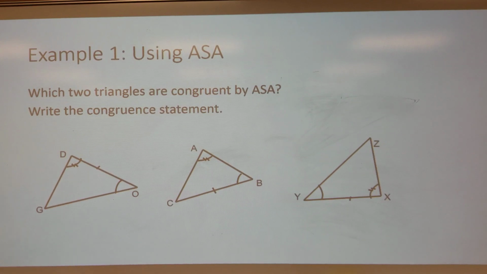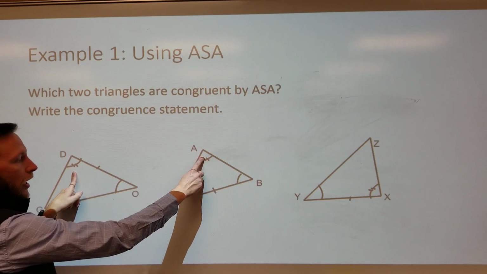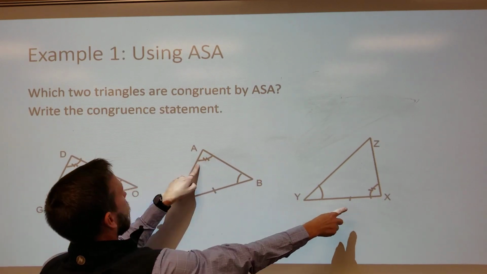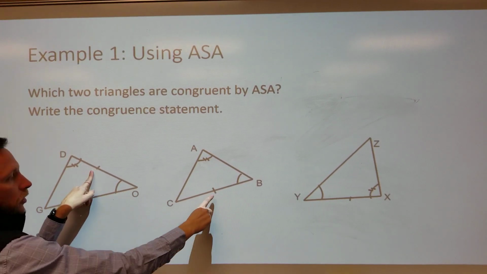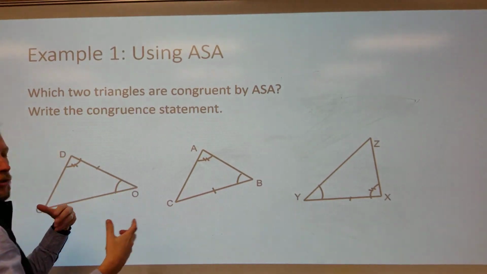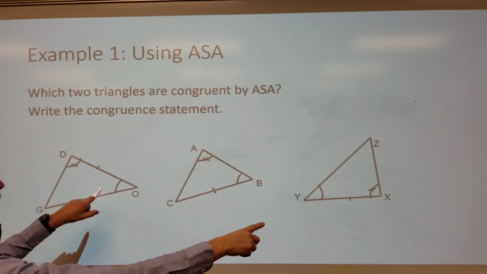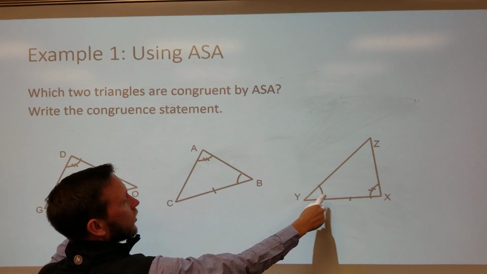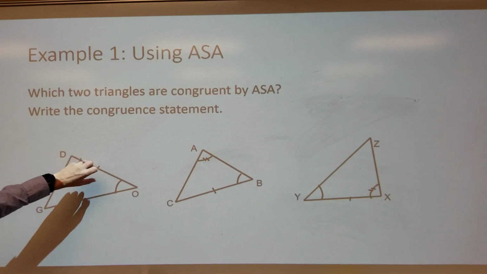In this situation, which two triangles are going to be congruent? You'll notice that they all have congruent angles marked with a double mark, congruent angles marked single, and they all have a congruent side. All right, the question is, which of these triangle pairs are congruent? It turns out that this angle-side-angle shortcut is the one we're going to use for the first and